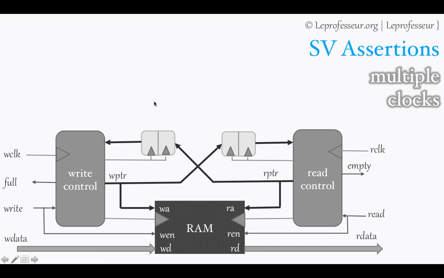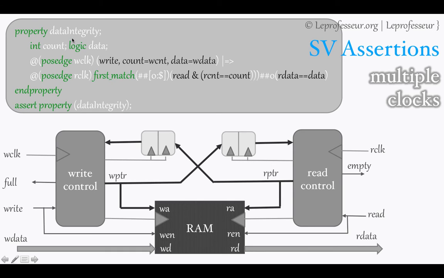Data integrity simply means that you are reading and writing the data in the right order, and the right number of bytes. So let's say we specify a property, data integrity, and at passage write clock domain, write count, how many bytes we have written, and we validate the data. Data is equal to w data follows; we want to read it in the read clock domain at passage read clock, first match, some delay 0 to a number of cycles, when we get the first match, and then